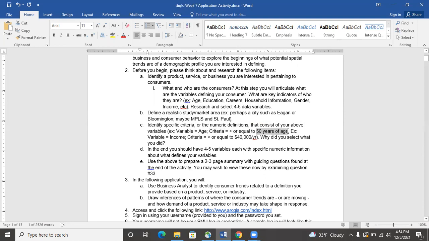So this parameter right over here is just an example of showing you what criteria is. It's really the numeric backbone of what defines your variable, in this case, age. So for instance, if we talked about a variable of income, the criteria for your income, you'll want to think about,